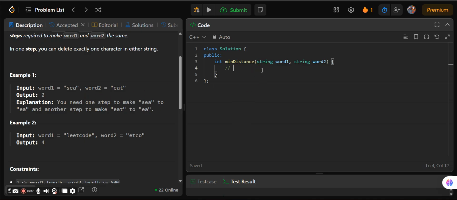So let us understand this by taking an example. For example, we have "leetcode" and another is "etco".